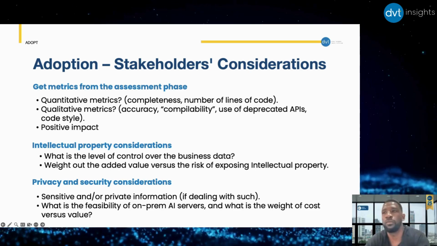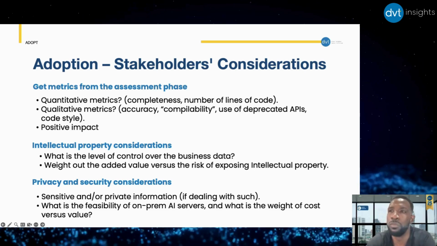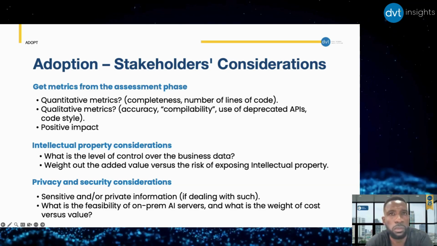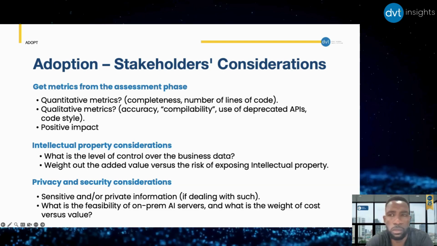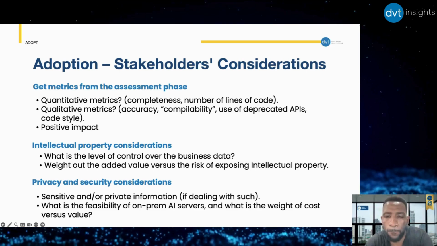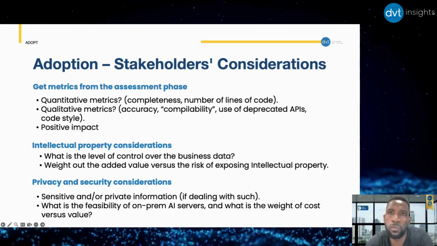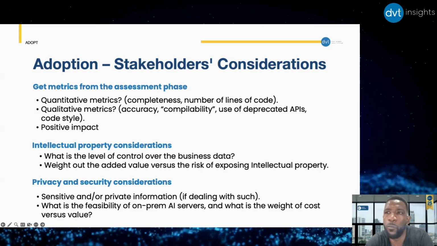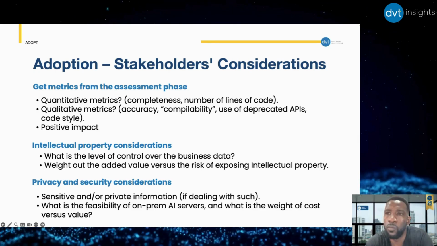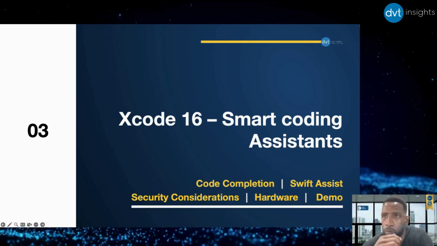I think it's something that you need to take into deep account when you're using any AI tool, right? As you've mentioned, sometimes we just look at how good is the code that it produces, and we don't think about the other considerations here. I think privacy and security considerations are some of the most important things that you need to remember when using an AI tool. You can very easily leak sensitive and private information without you knowing it. So that to me is almost the first thing to look at when you start using an AI tool or an AI assistant, is look at the privacy and security considerations, and then start going out from there from a capability perspective.